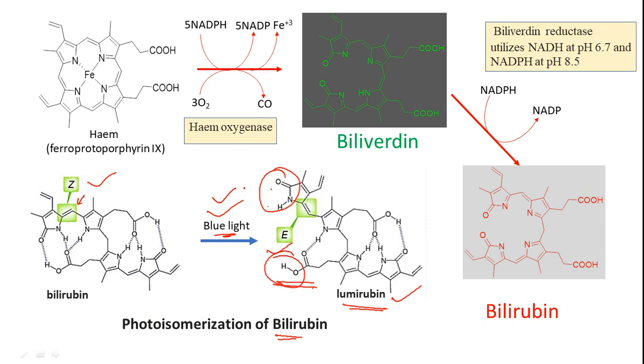So let's move ahead and then see what happens to bilirubin. So where are we right now? We are still in spleen. The bilirubin is supposed to be sent to liver. So how is it sent? Because bilirubin is highly lipophilic in nature, it will first be bound to plasma protein, and the plasma protein bound bilirubin will be recognized by the liver cells, and then bilirubin will be segregated into hepatocytes.